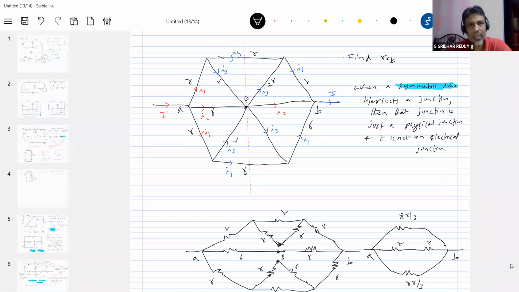You have to look at the resistors here. You can see the currents I1, I3. How much current is entering the circuit here? This I1 will enter, and then the same current I1 is leaving. I3, I3, I4, I4. So is the distribution of current symmetric about this vertical dotted line? Yes, it is. So I'll call this a symmetric line.